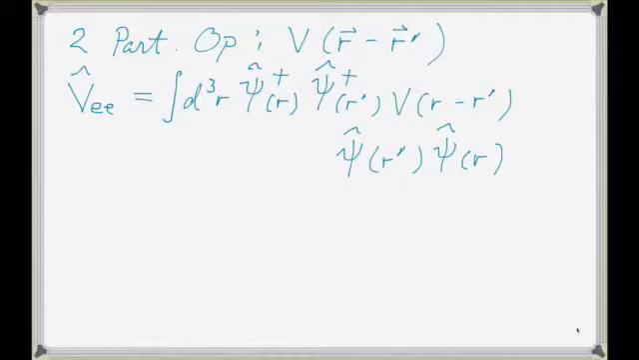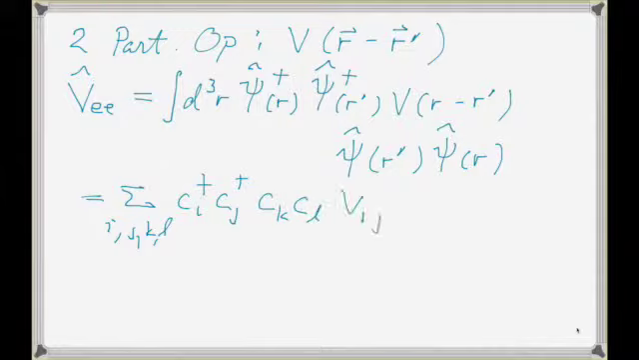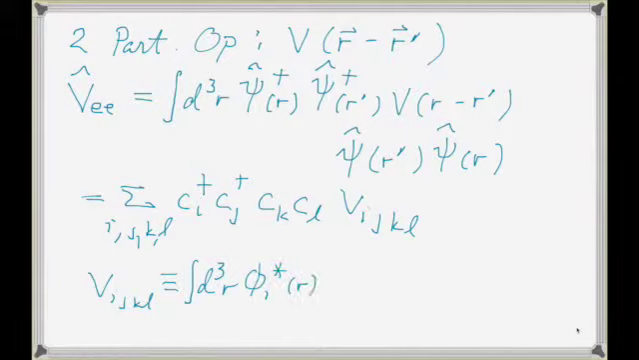And if you then work that all out, that's equal to the sum over i, j, k, l of c_i dagger, in our localized orbital representation, c_j dagger, c_k, c_l times V_ijkl, where this is a matrix element defined as V_ijkl is equal to the integral d cubed r phi_i star(r) phi_j star(r prime) V(r minus r prime)